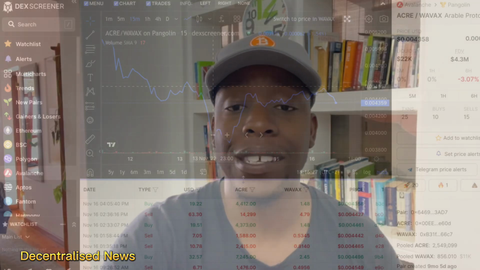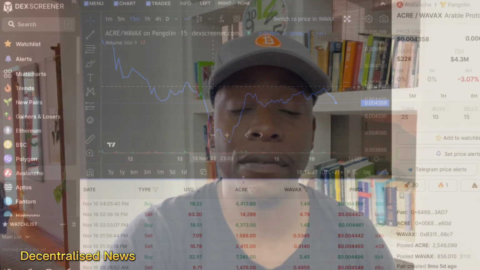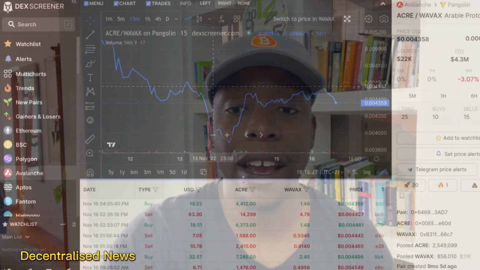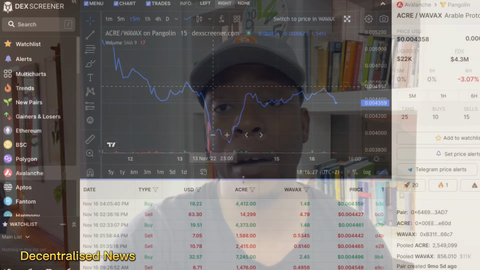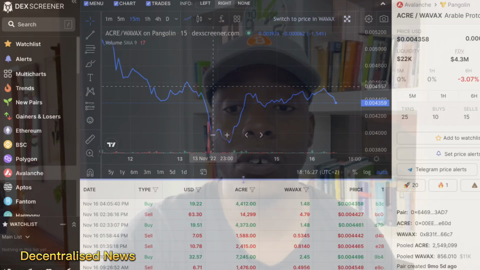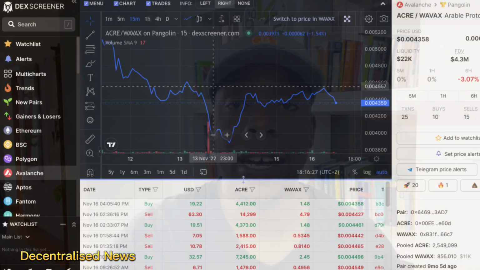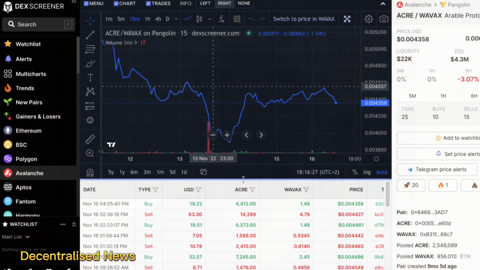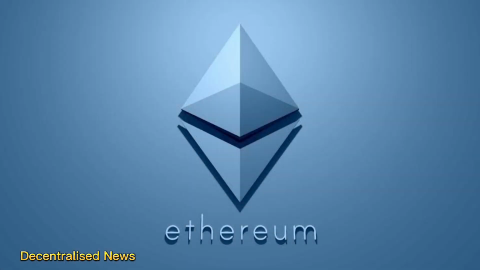The names of the synthetic tokens made available on the platform are prefixed with the letters AR for Arable. So for example, for the US dollar it would be ARUSD, and if it's Ethereum, for example, ARETH or ARBTC.